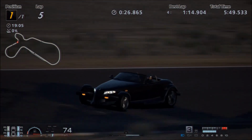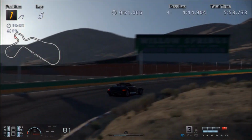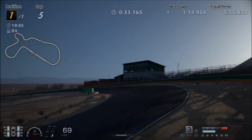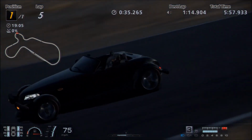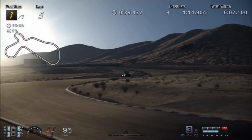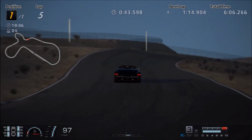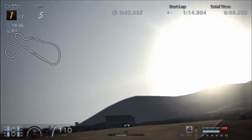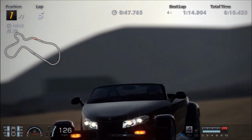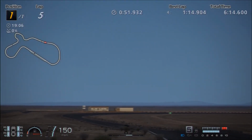Other tracks which are similar would be the Nürburgring or Sierra. They have a very high-speed flow without really that many hairpins or square corners. This track really suits this car, and the car definitely suits the track. It flies around this circuit, and for its power and for its weight, it puts out some pretty good lap times. I'm not claiming that it's a class-leading vehicle, or even that it's the fastest at its PP level, but